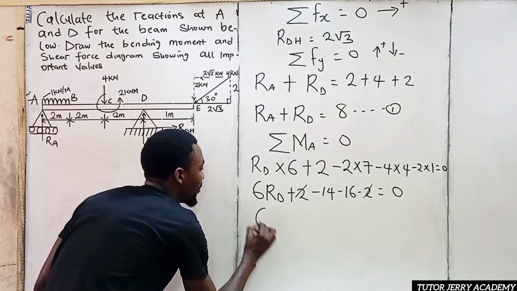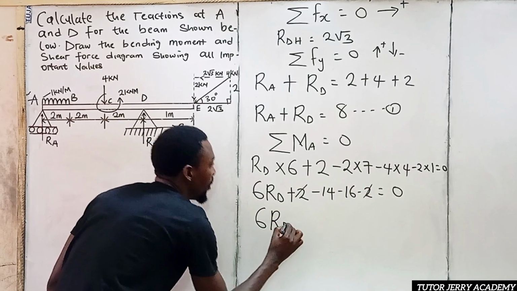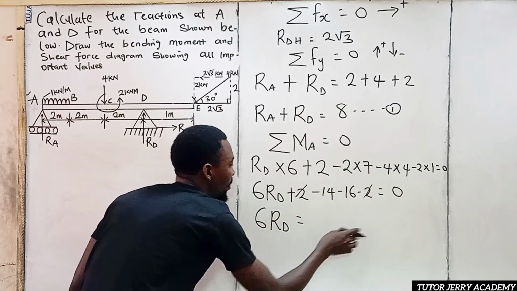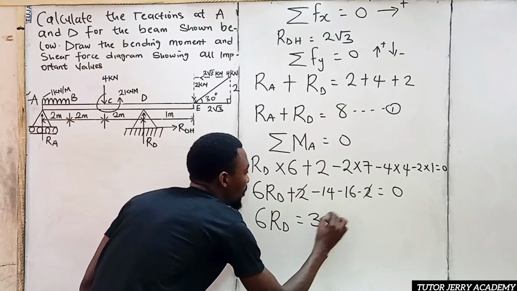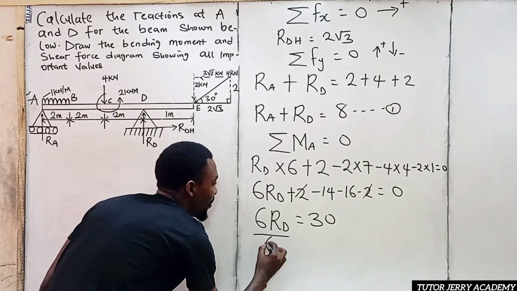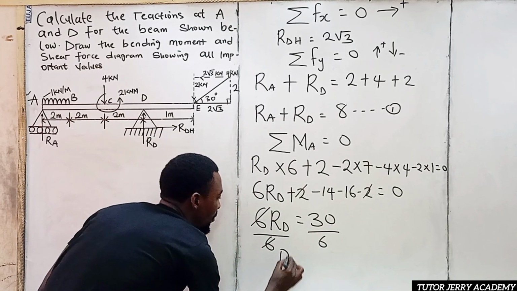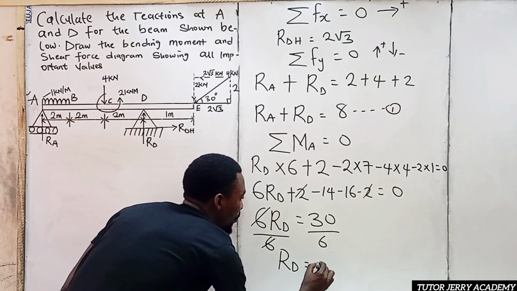Then we are going to have 6 R_D equals minus 14 minus 16, that is minus 30. If you take it to this side, I'm going to have it to be 30. So if we divide both sides by 6, R_D will be equal to 5